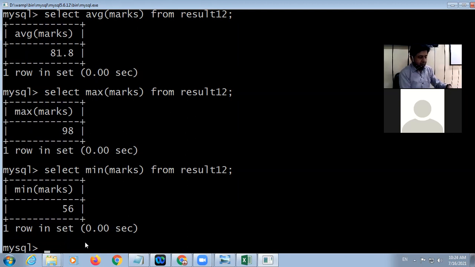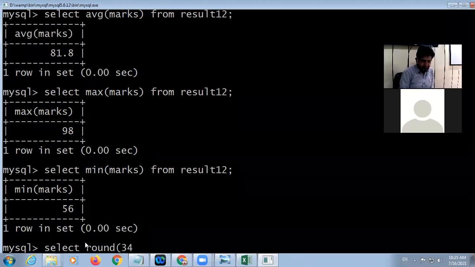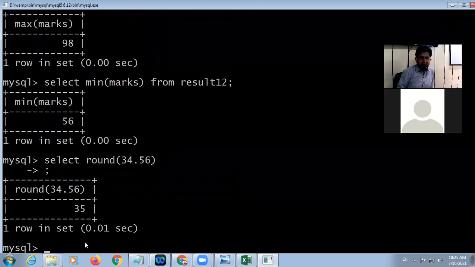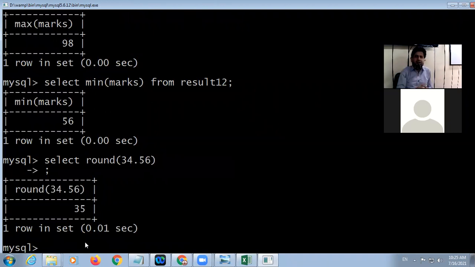Okay beta. Now next, there are some more numeric functions. For example, select round 34.56. Look at here, you can apply the command directly. It will display 35.